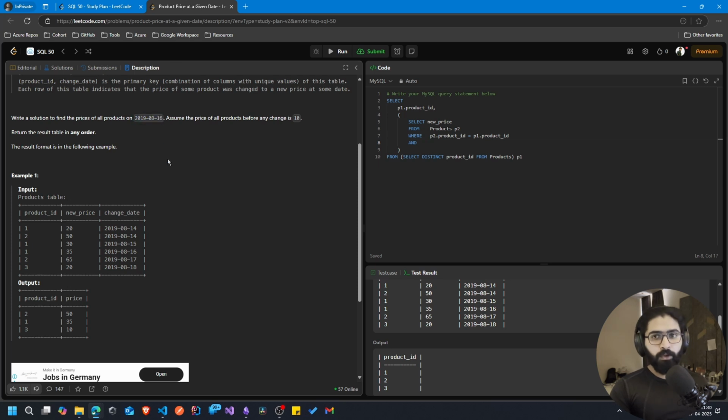Means we have to calculate all the prices of products as of the change date, which is 16th of August. So couldn't we write it as P2 dot... Why is there so much typo in your typing, man? Okay. This must be less than or equal to,